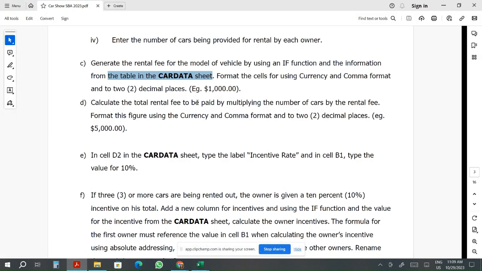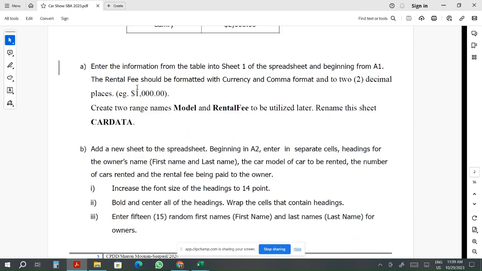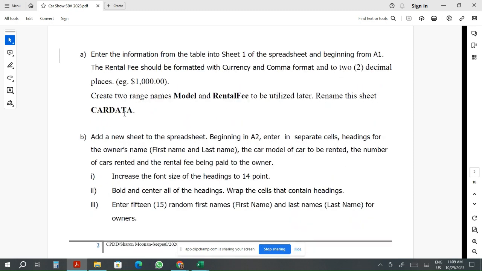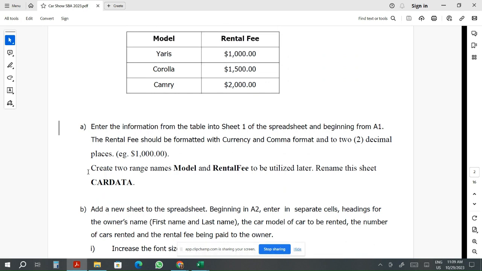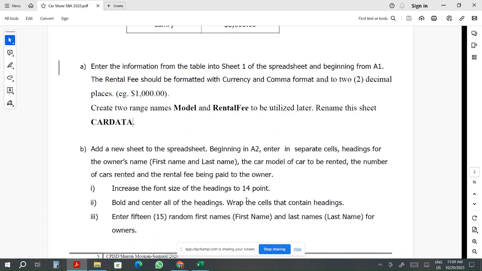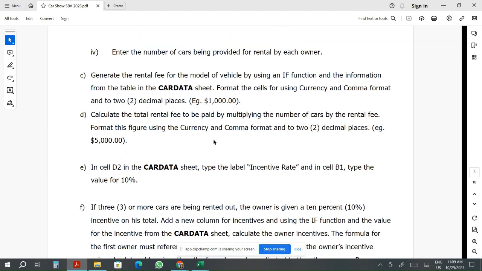Okay, guys, so we are going to do part C of the spreadsheet. Y'all would have done part A, which is copy this table into sheet 1 and rename the sheet car data. Then you would have opened a new sheet, which is sheet 2, and you would have entered your 15 names, right? And put in all the number of cars that are being provided, right? So now we are going to do an if statement, which says